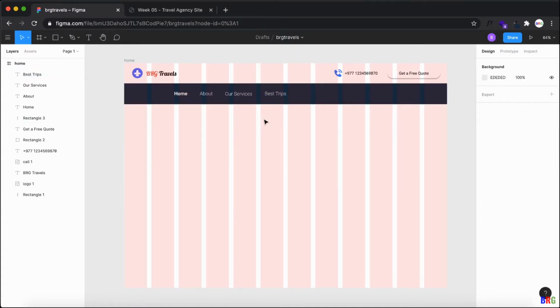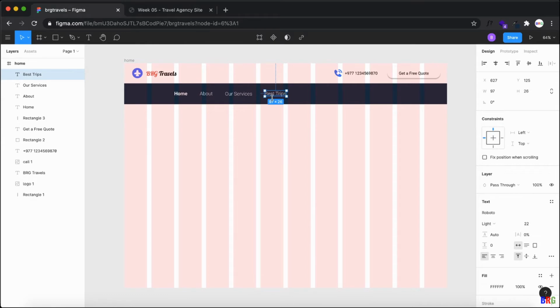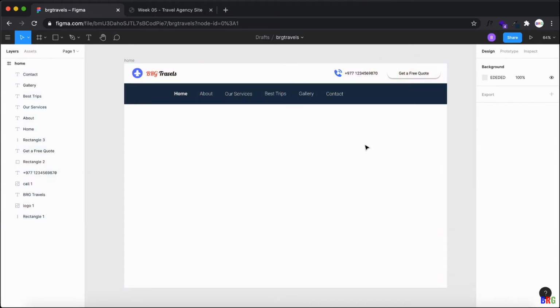Same thing, click on the best trips, press alt and drag to the right up to 55. Done. Gallery, and same with contact. Now I just switch off the grid system. So this way you get very nicely spaced nav items.